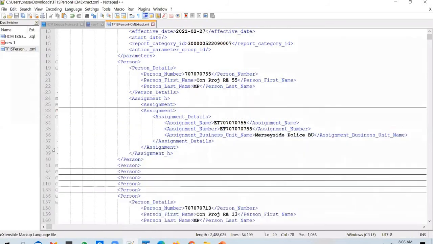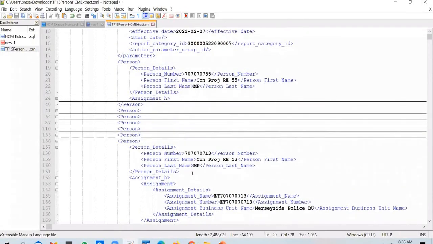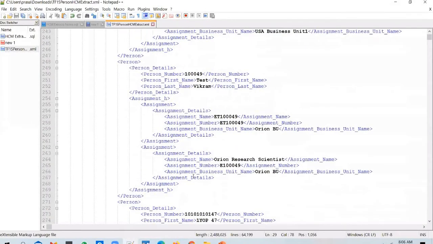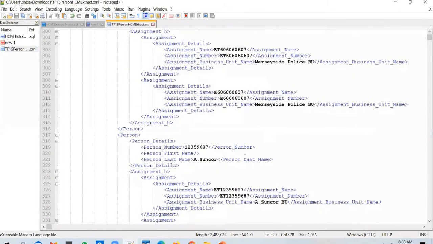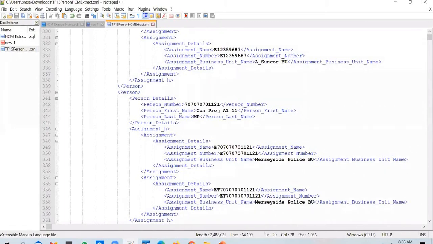If you have confusion, you can look at the other person. I think it would probably have helped if we had included a few more columns. But all you need to understand is that these are not duplicate records. These are probably two different assignments, and there could be some attributes which are different for these assignments. Since we didn't put any filter on assignments, that's why you're seeing these two options showing up.